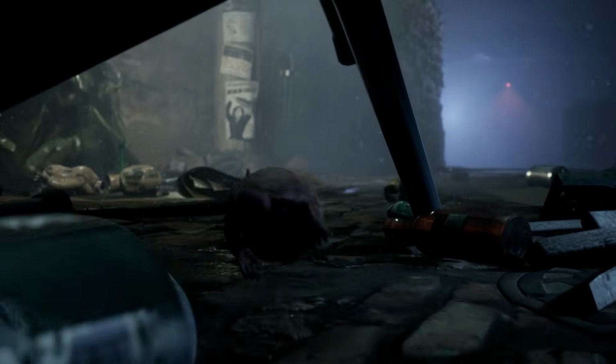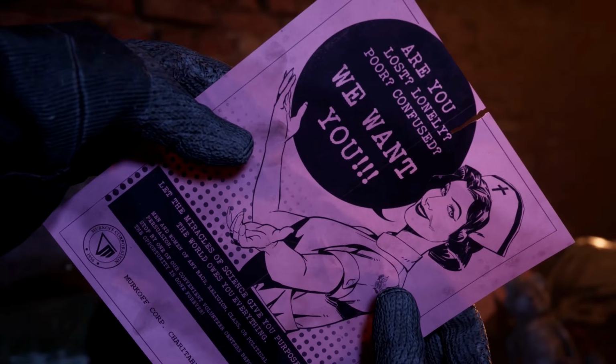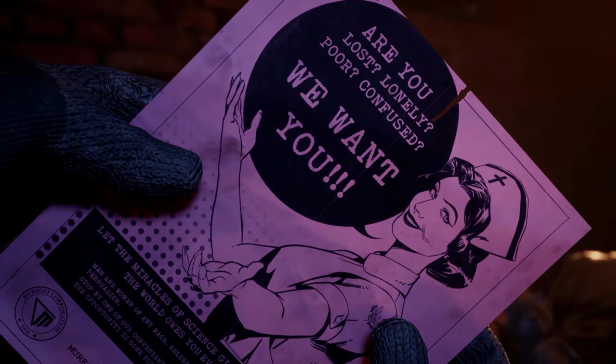Our very first scene is that of a mouse trying to reach the pills at the bottom of the bottle. In reality, a pretty fitting metaphor for the lab rats that are taking part in Murkoff's new facility. We pan to a flyer as it's swept away by the wind, landing on a nearby homeless person. As the person looks at the flyer, we can see that it's asking for people that are lost, lonely, poor